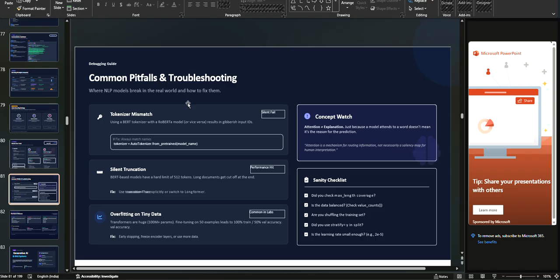Okay, and finally, another pitfall is overfitting on tiny data, which is very common in labs. So transformers are huge, like 100 million plus parameters. So fine tuning on 50 examples leads to 100% train versus like 50% validation accuracy. So the fix for this is early stopping. You should know when to stop, freeze the encoder layers, or use more data. Okay,